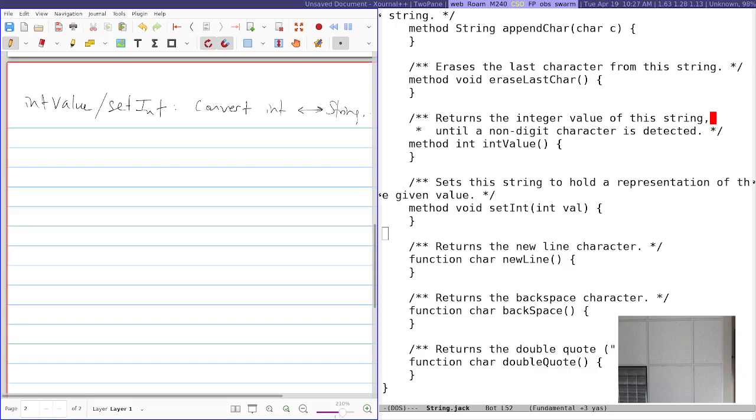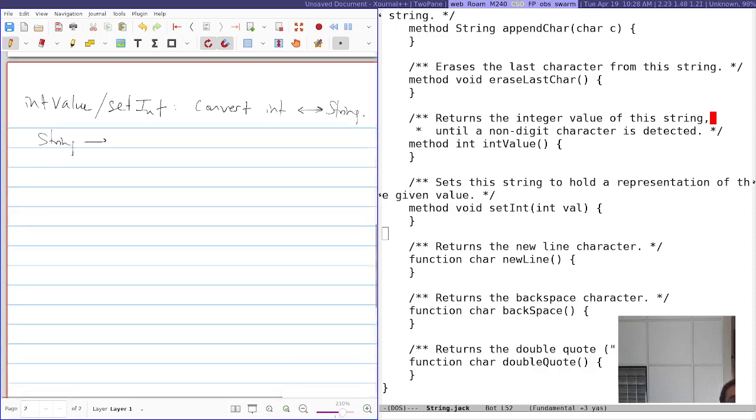So the tokenizer had to do that because as it was going through character by character, and when it was seeing digits, it had to basically convert it to an int so it could return that as a token. We'll talk about that a little more because there's a little more to talk about here. So let's talk about converting from